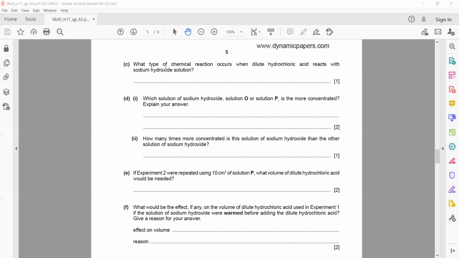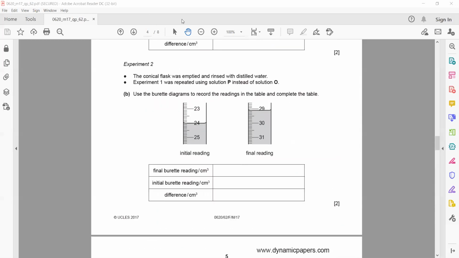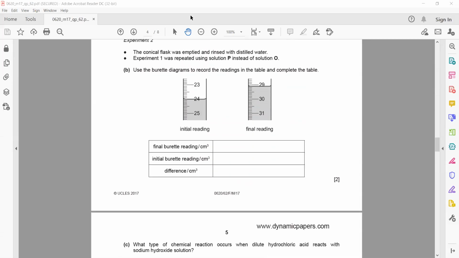So in a conical flask, when I have 20 cm cube of P, I need 5.1 cm cube of HCl. Now they're saying if I repeat this experiment with 10 cm cube of P, half the volume,